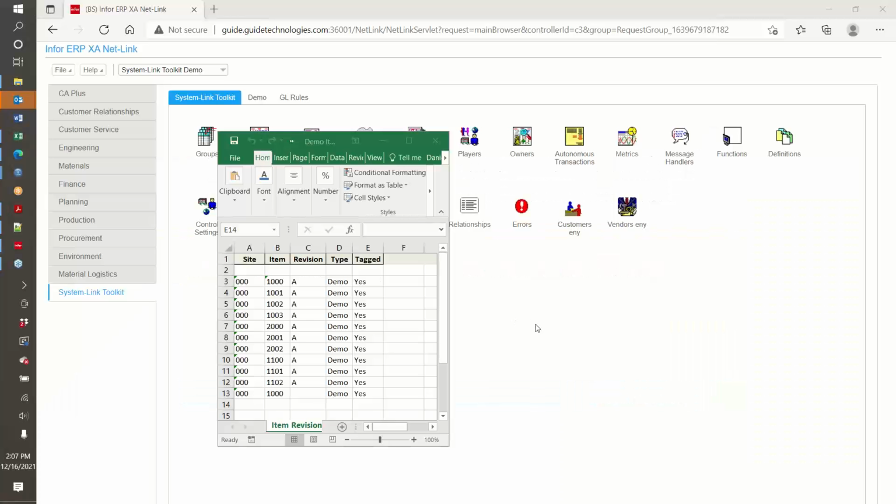Show my screen. Good afternoon. My name's Dan Miller, and I'm going to give you a demo of the SystemLink Toolkit. We're going to start with a spreadsheet, and imagine a user comes up to you with a spreadsheet and they want to update a couple user fields in the item revision object. To do this with SystemLink, and we want to update everything through SystemLink if we can, because we get good data and we get editing and all that good stuff. So in order to use SystemLink,